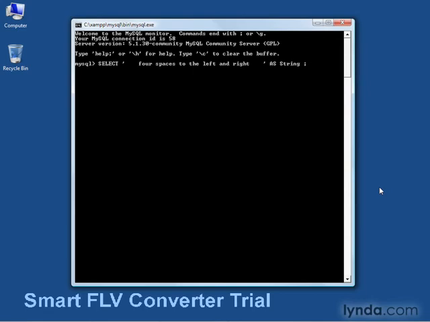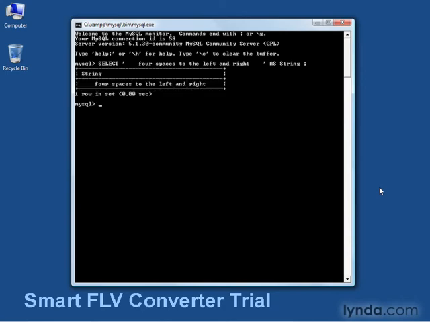So I've typed it at the end of the line here, and I'm going to go ahead and press enter. And there's our query. Now you see there's 4 spaces to the left and to the right of the string. Now we're going to go ahead and put in the trim function and watch those spaces magically disappear. I'm going to type the up arrow to get the last